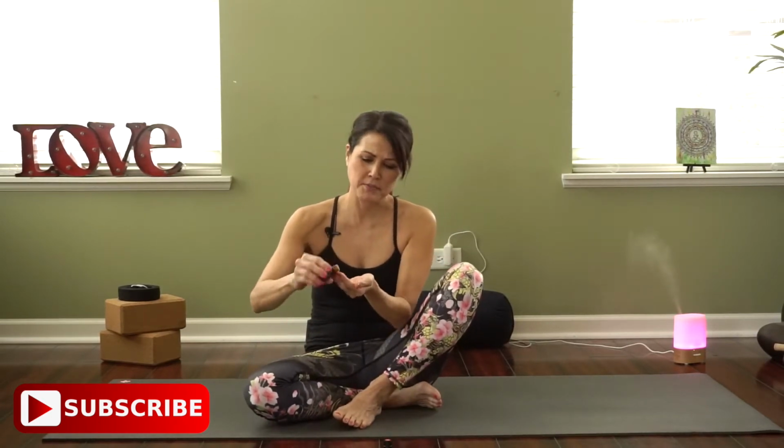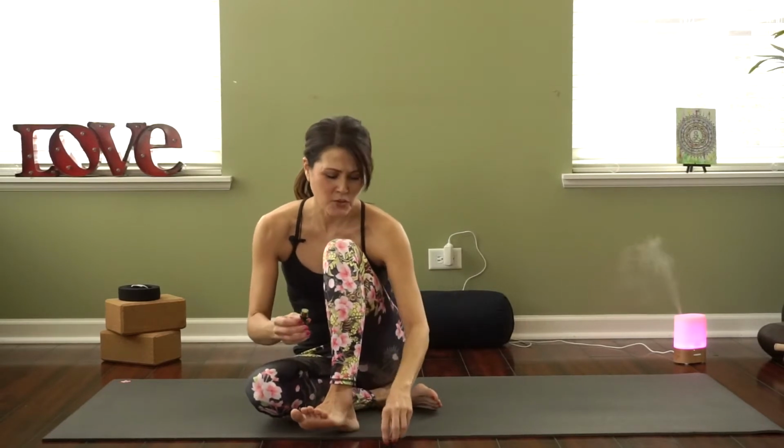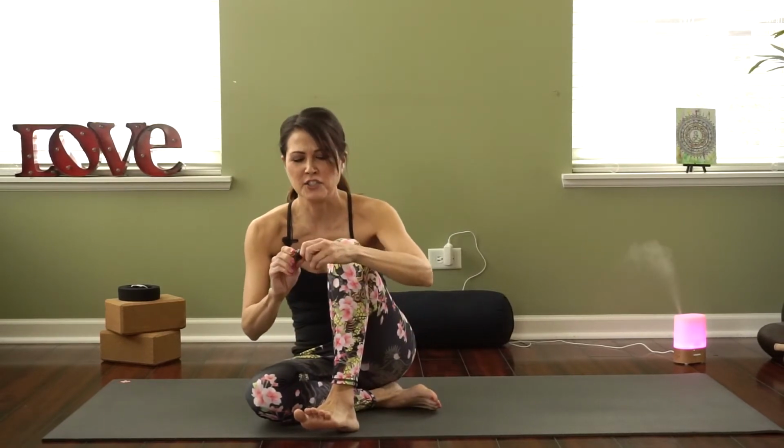With this practice, we are using doTERRA's Motivate blend. I have it diffusing right now. It smells amazing. It's a citrus and mint scent, with peppermint and clementine, coriander, basil, and a few other things included in this blend. So I'm going to put a few drops right on the bottoms of my feet, to get a little bit of oils absorbed in through my skin, so I can get the feelings of confidence